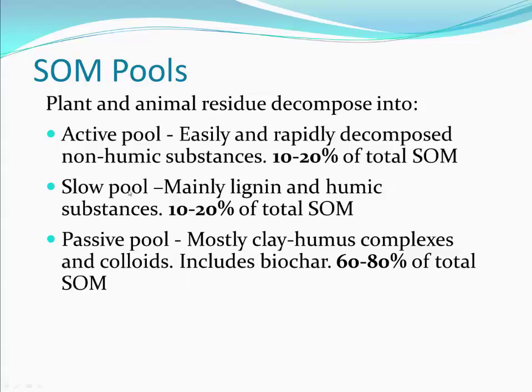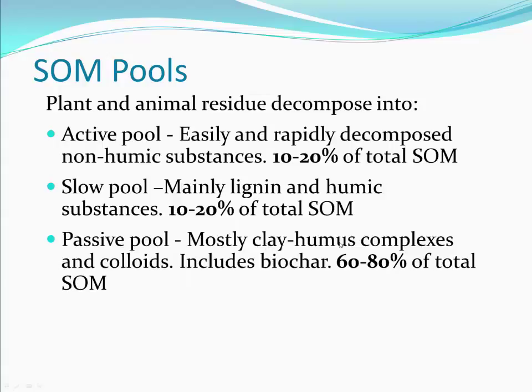The slow pool is broken down a little bit more slowly. This is the lignin and the humic substances. And then the passive pool is clay, humus that's attached to clay, humus that's coated by clay, and oxides, or